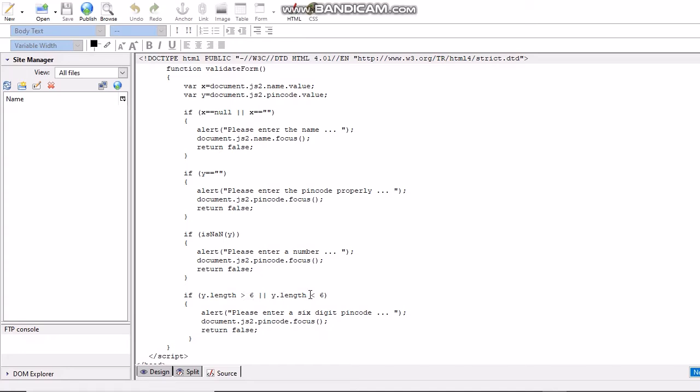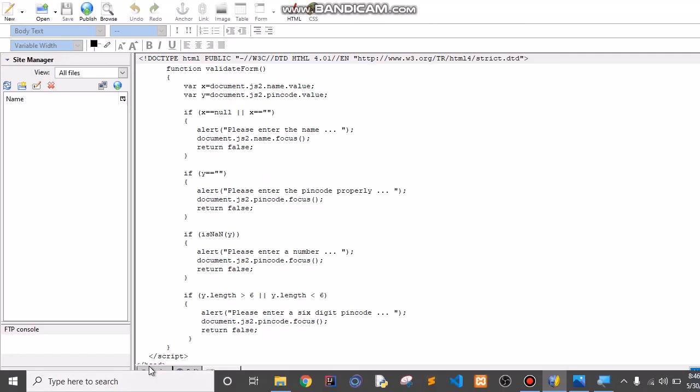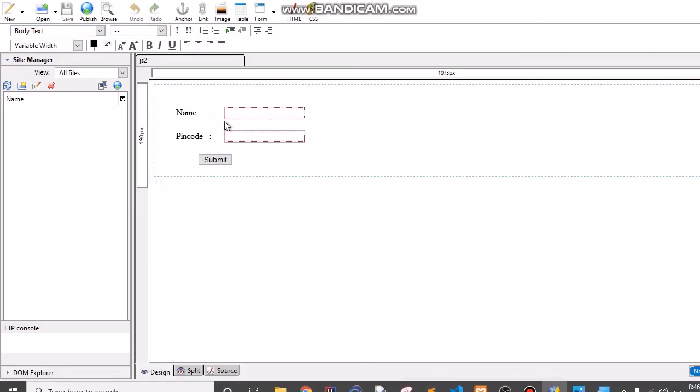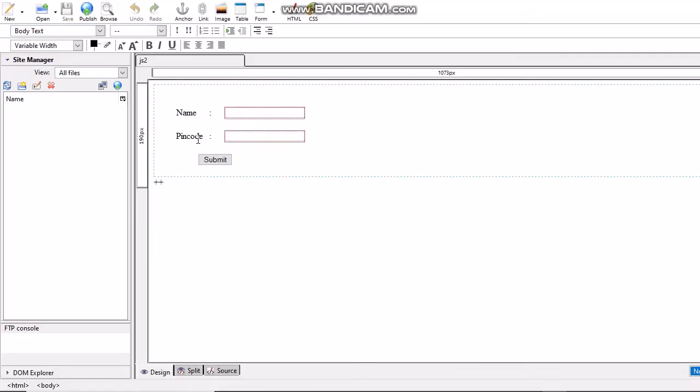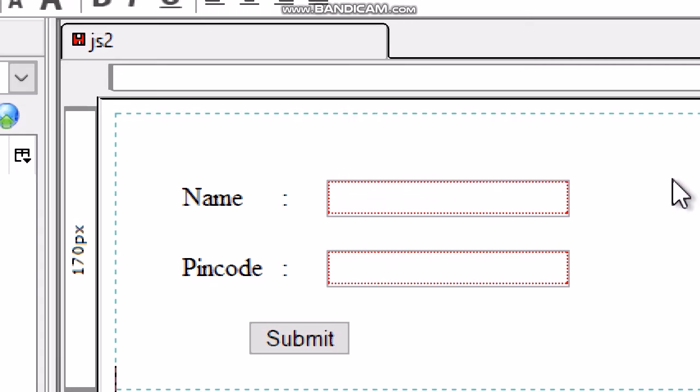So this JavaScript validates the form for two fields: name field and pin code field. This is the name field and this is the pin code field.